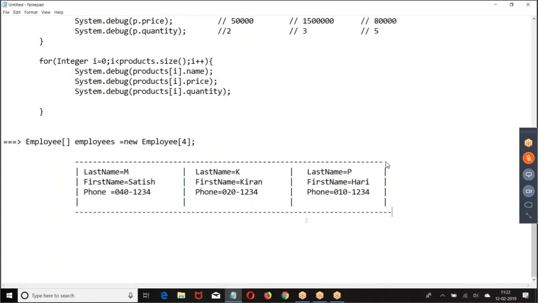Write a loop to refer to one by one employee and print the values.